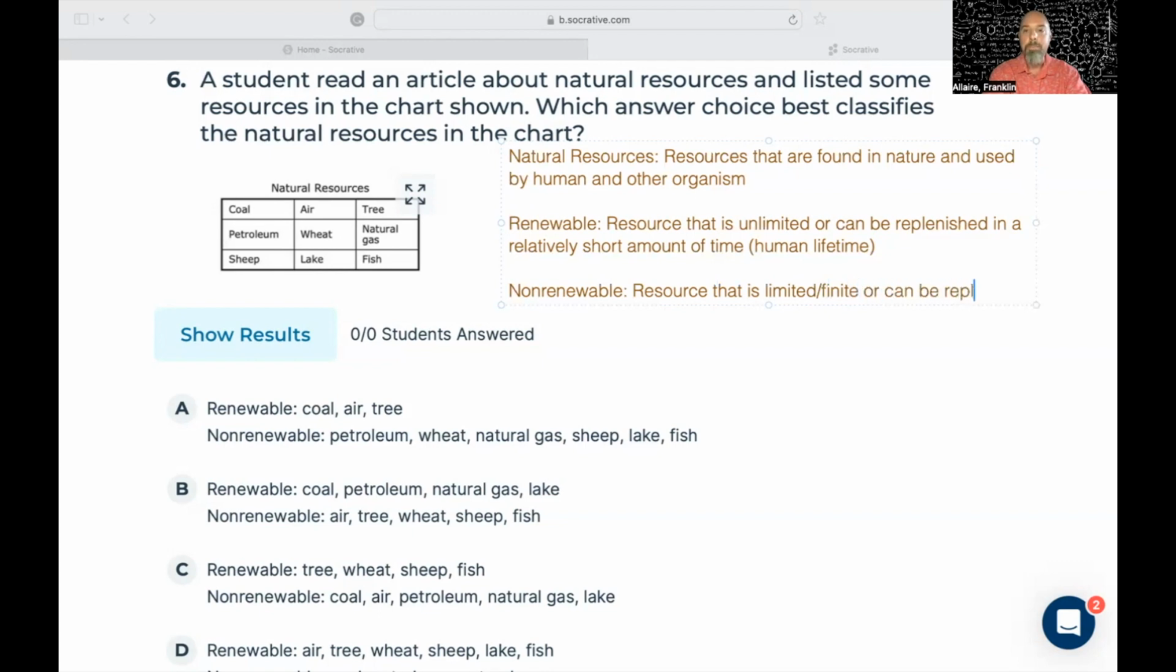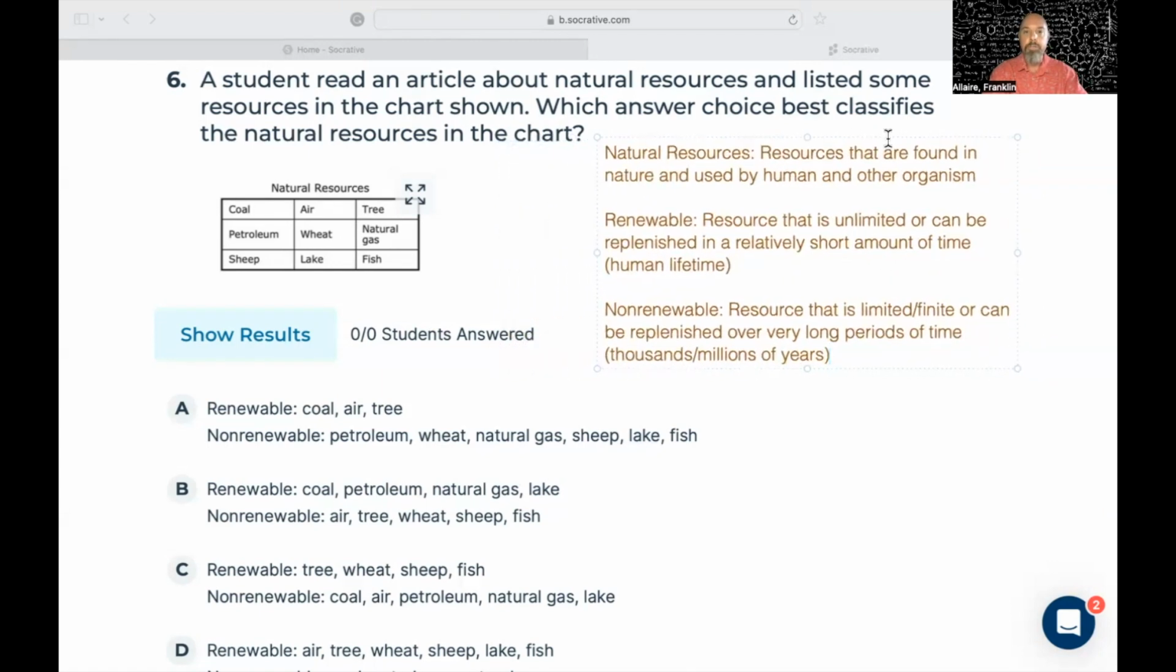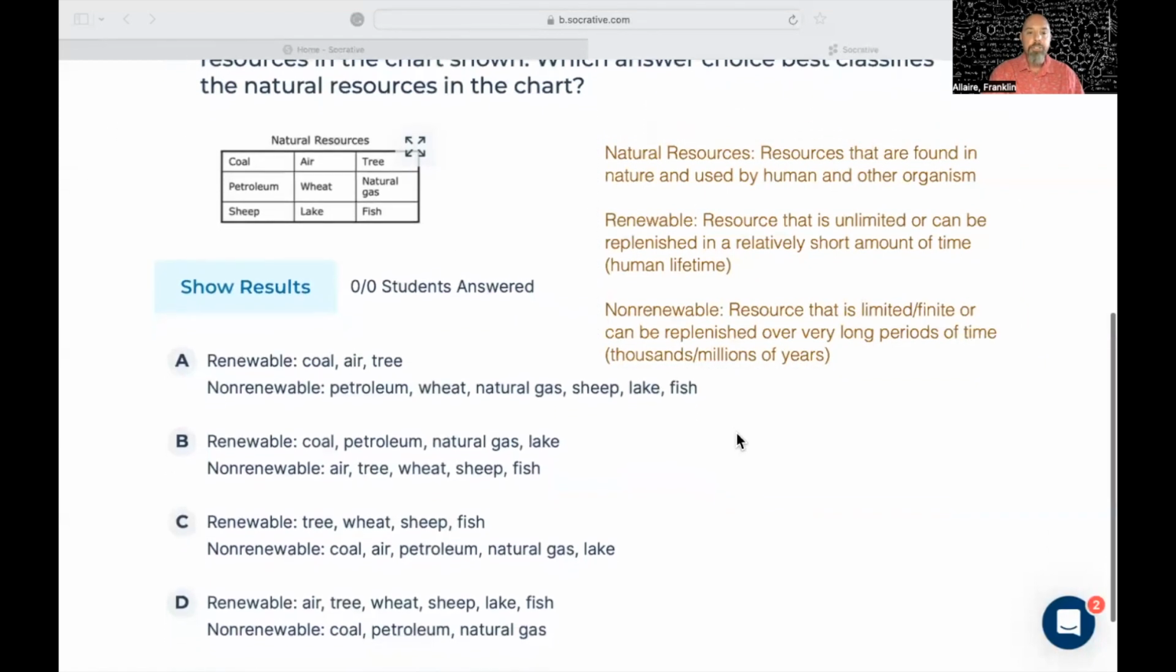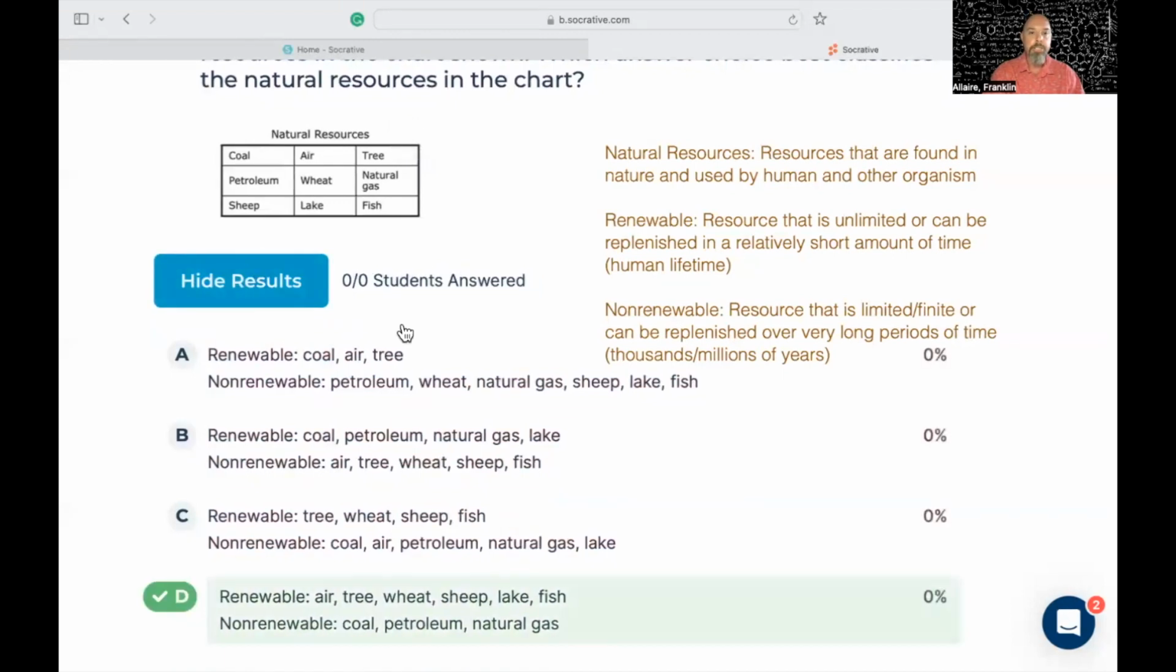Or can be replenished over very long periods of time. Okay, so we're talking, again, thousands or millions of years. And let me shrink this and move it over so people can see it a little bit better. And so looking at our answer choices here, there's really only one answer choice that fits this, and that's going